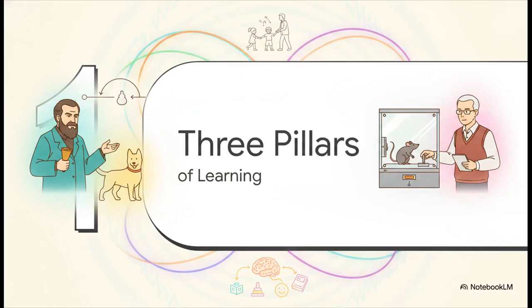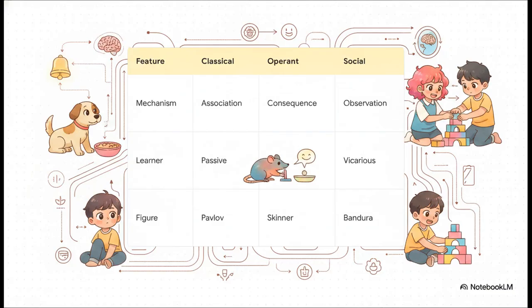All right, jumping into section 1, the 3 pillars of learning. You're probably already familiar with the big names here, Pavlov, Skinner, and Bandura. Well, this master map shows a really fascinating progression. We shift from involuntary stimulus associations on the far left to behavior and consequence associations in the middle, and finally, all the way over to observation and imitation on the right. As you can see, each of these requires a totally different level of active participation from the learner.